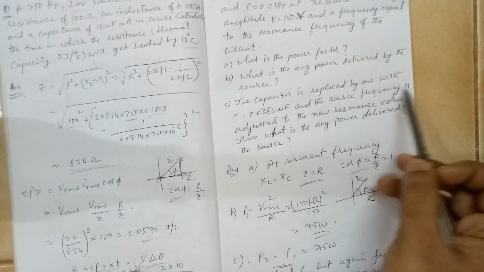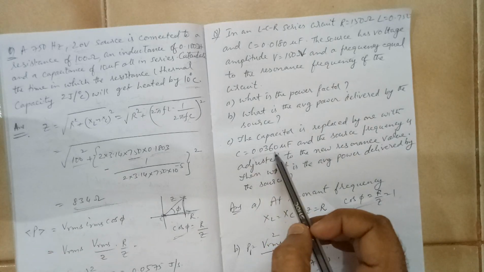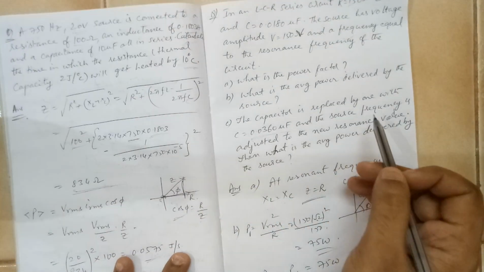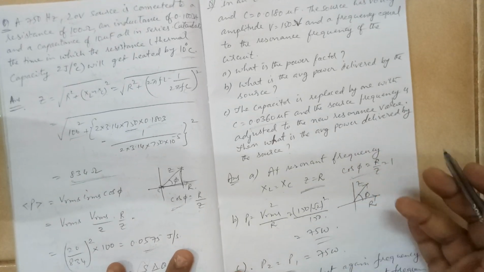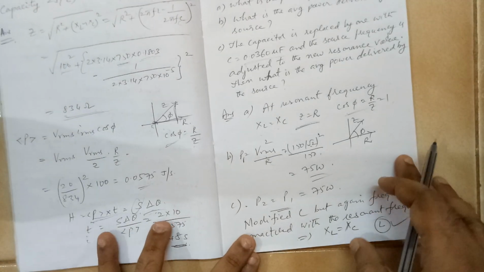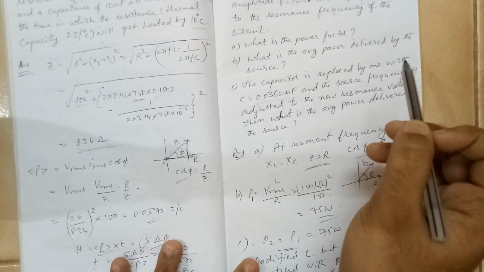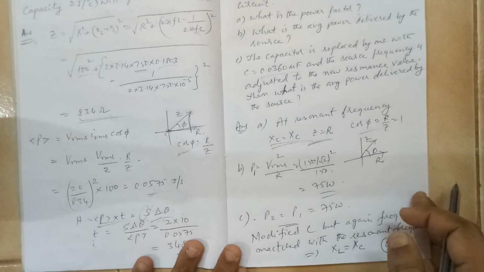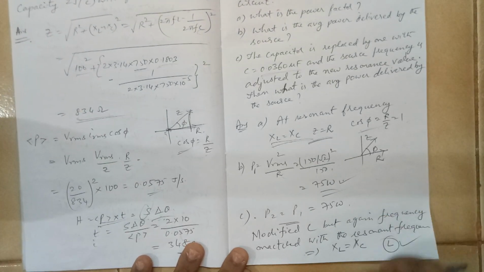In the next question he says that initially some capacitance was given and later it was modified. When it is modified, even then the frequency was adjusted in such a way that you got resonant frequency. That means what might have happened? They might have adjusted the inductance value. But in the second case also you are getting the resonant frequency only. If you are getting the resonant frequency, this condition still applies. That means the power output will remain same and it will be 75 watts only.